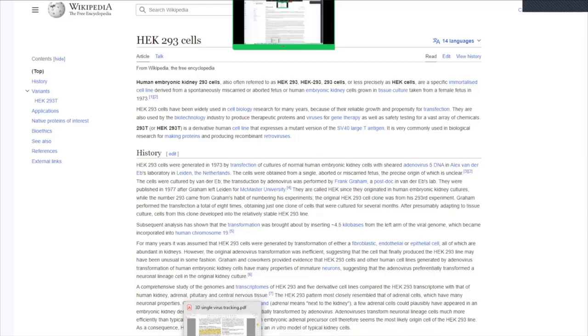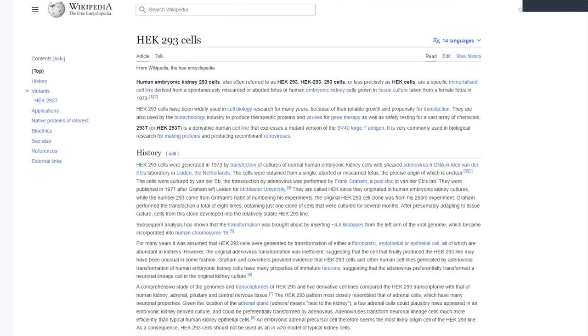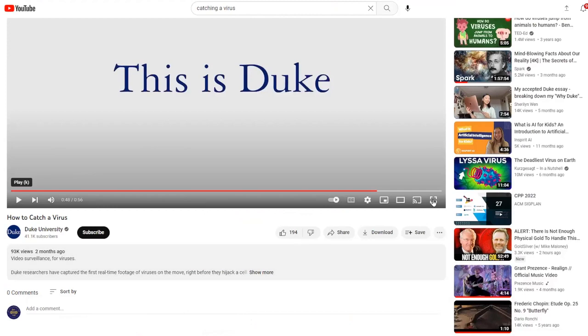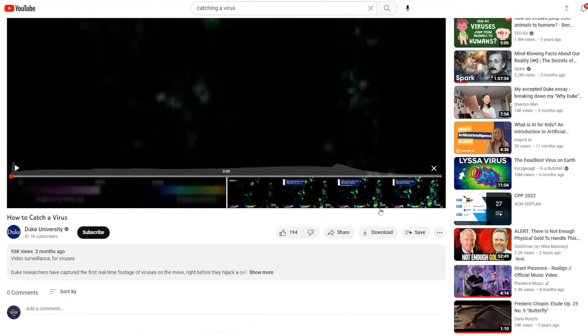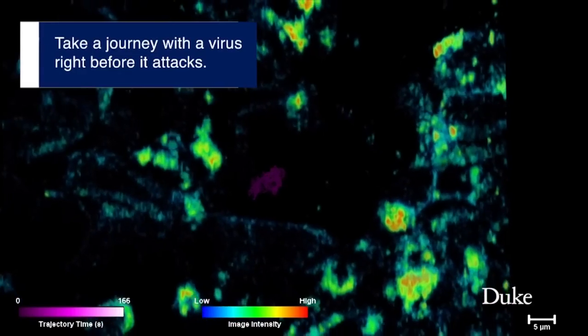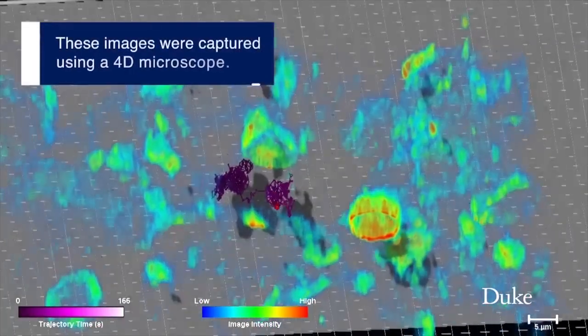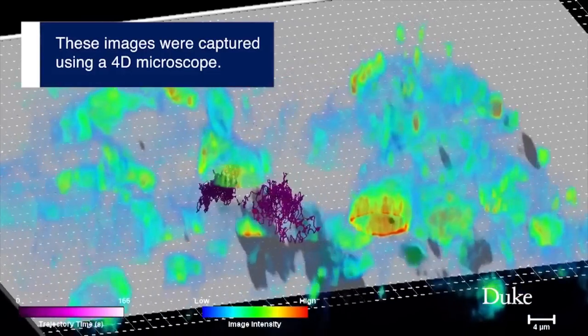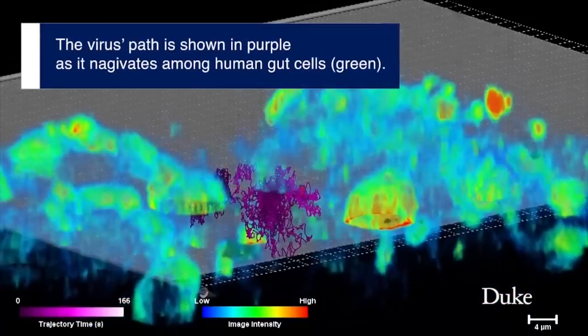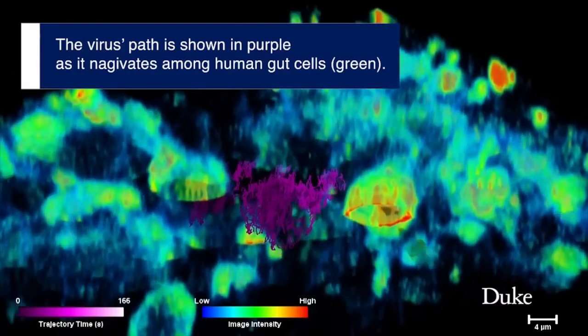Okay, so let me go back and show you once again the video. And this time I will give some commentary as to what you are really seeing. It makes a trail going all through the tissue, and that purple blob now is essentially just the path that the pseudovirus particle has been making in this extracellular matrix.